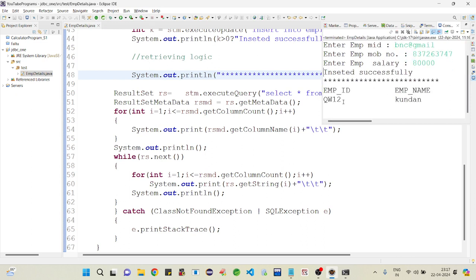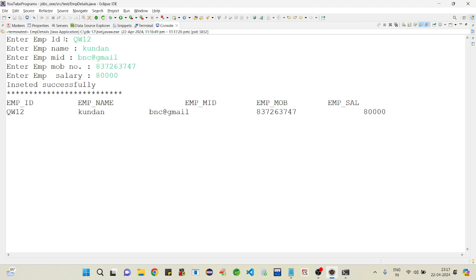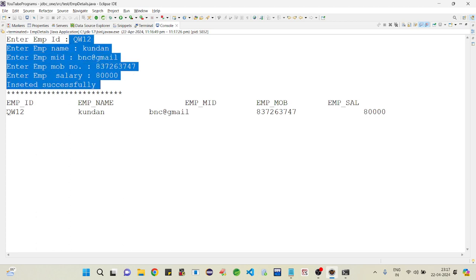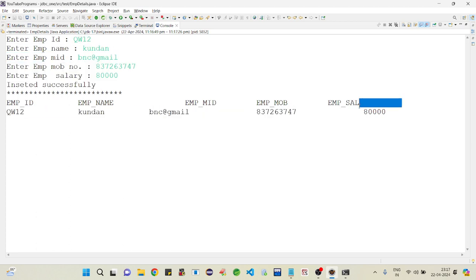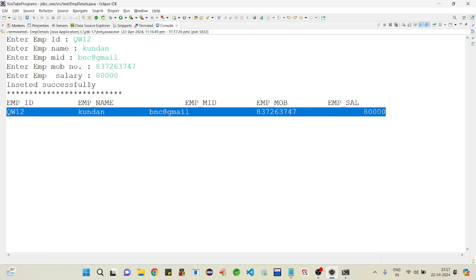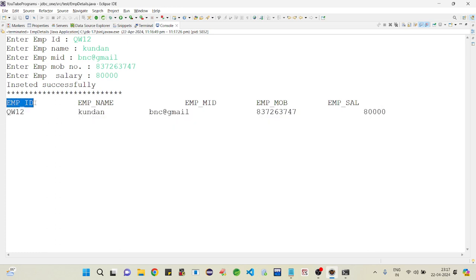Inserted successfully, and we get this data. We inserted this data and we get this data only. We get the column name employee id, value QW12, employee name column name, employee name here.